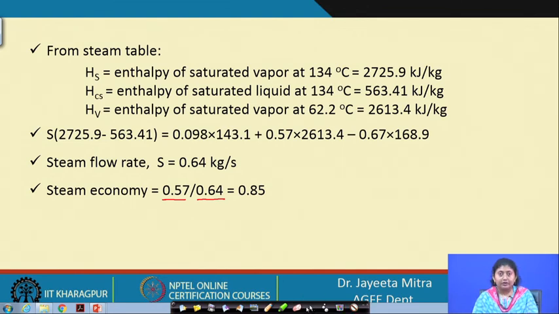Okay. So, we can see that since it is a single effect evaporator, we can't get economy higher than 1. However, if we use a multiple effect evaporator, that means this same vapor is used to evaporate liquid from the concentrated solution in the next effect and eventually in the third effect as well. So, the water evaporated from the liquid for the same amount of steam utilization will increase. Therefore, steam economy for the multiple effect will always be greater than 1.